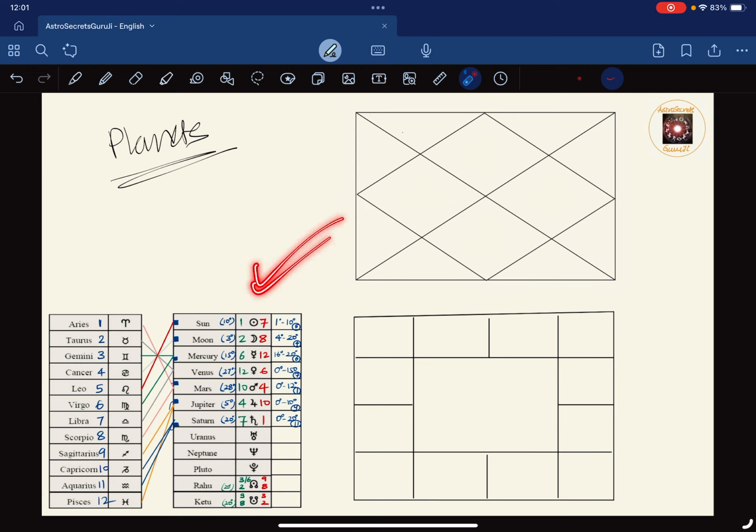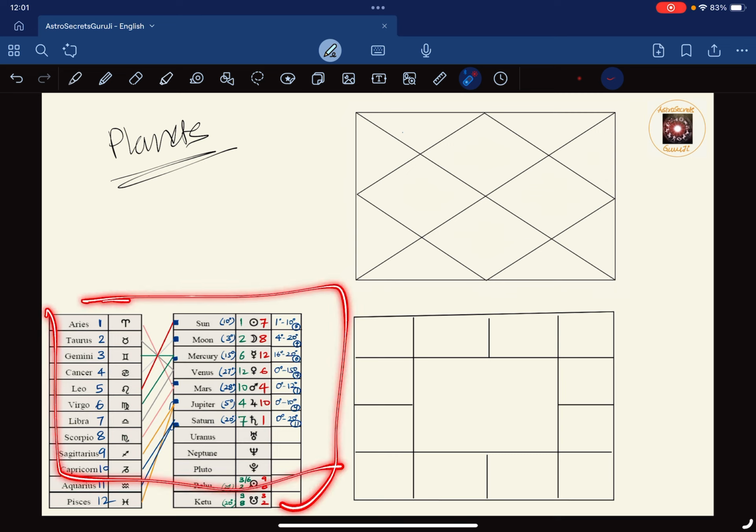Now, I will have another video where we'll talk about each planet in detail. There was another video that I had made, but we'll try to go a bit deeper, understand each planet's attributes and what they represent, and in which sign they would bring the best. You would be able to see certain elements listed here as well, and we'll talk about these points in coming